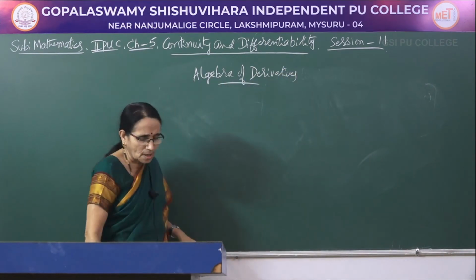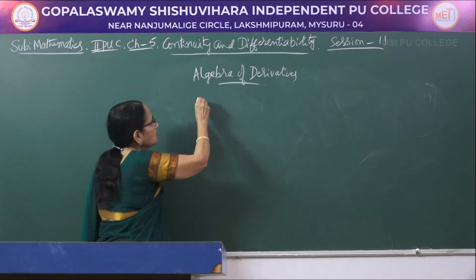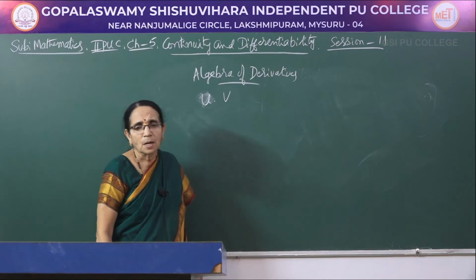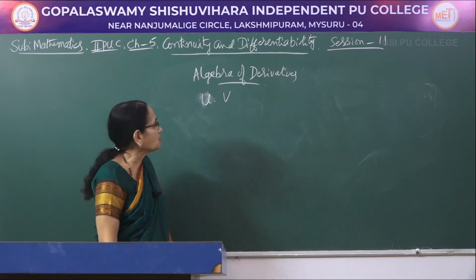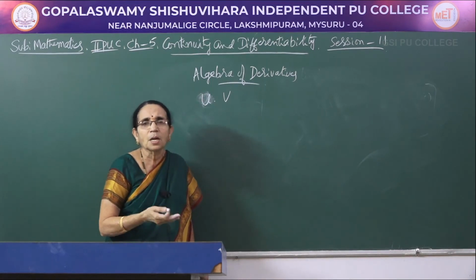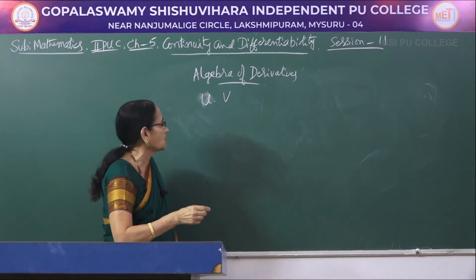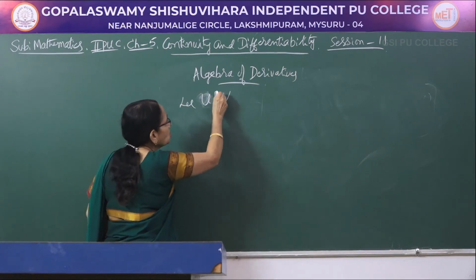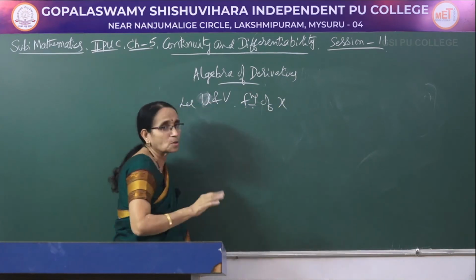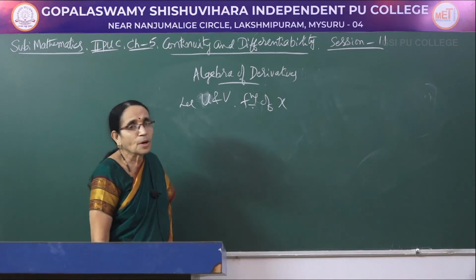So, here usually I have taken y equal to f(x). Usually when two functions are there, we generally take them as u and v. Let u and v be functions of x. So, functions of x means u may be equal to x to the power n, v may be equal to sin x, or u may be e power x, v may be cos x, whatever it may be. Always consider the general function. Always we speak about the general information, then we come to the particular thing. Let u and v be functions of x.